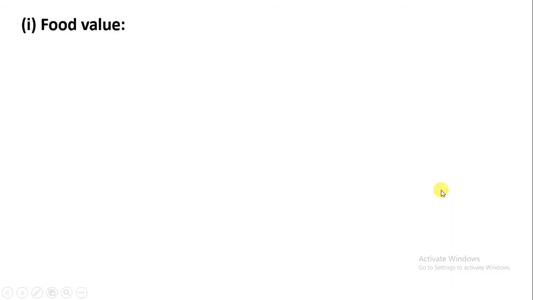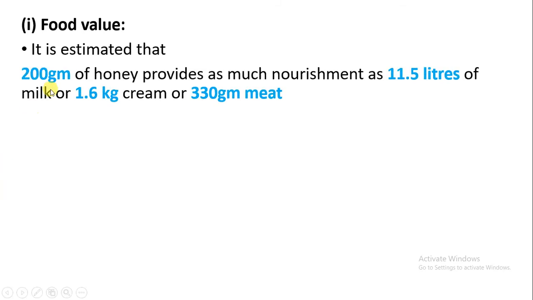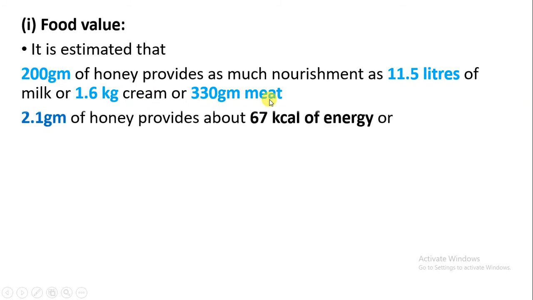Now we will talk about the food value. It is estimated that if we take 200 grams of honey, its nourishment is equal to 11.5 liters of milk. Or you can say 200 grams of honey is equal to 1.6 kg of cream, or 330 grams of meat. And you can also say 2.1 grams of honey provides about 67 kilocalories of energy, and you can say 1 kg of honey contains about